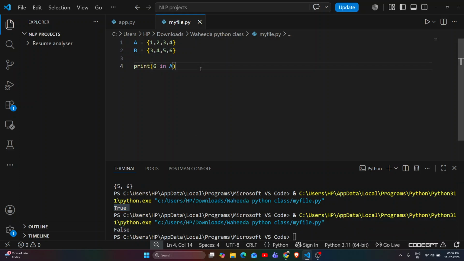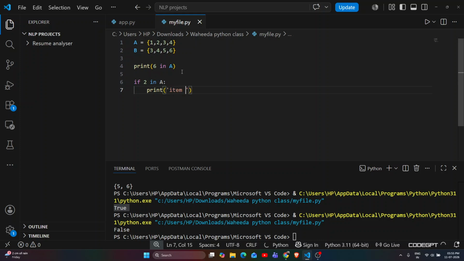False. So that is the membership operator, or you can simply try it: if 2 in A, it will check true or false, and if it is there, then it will say